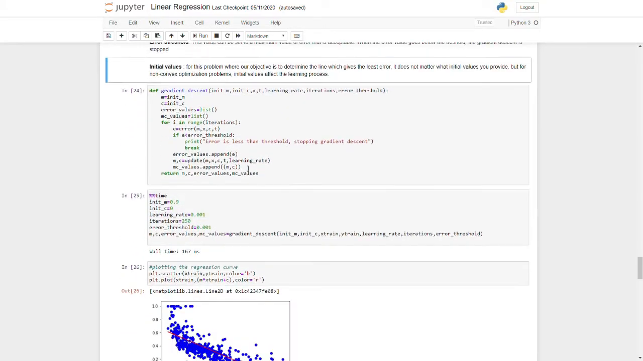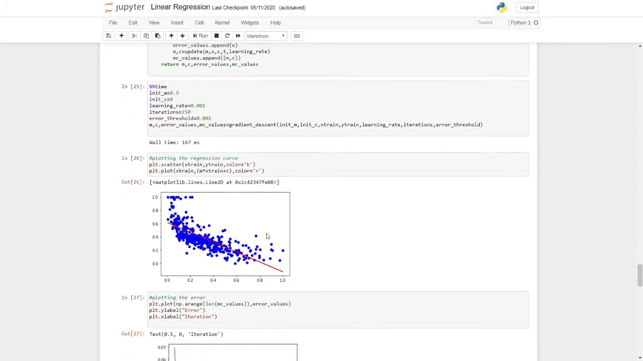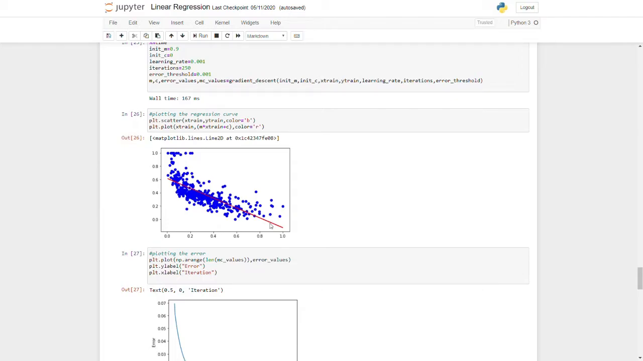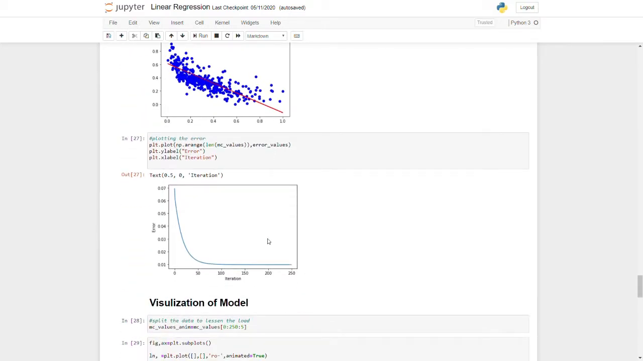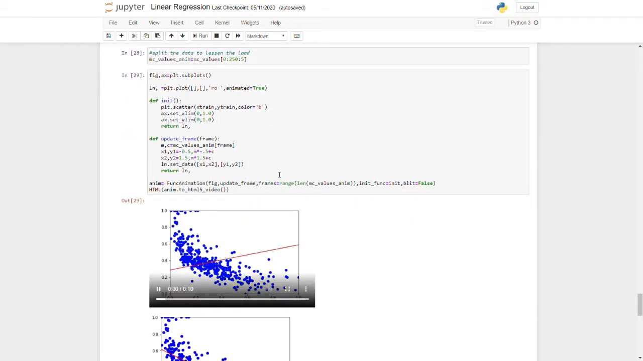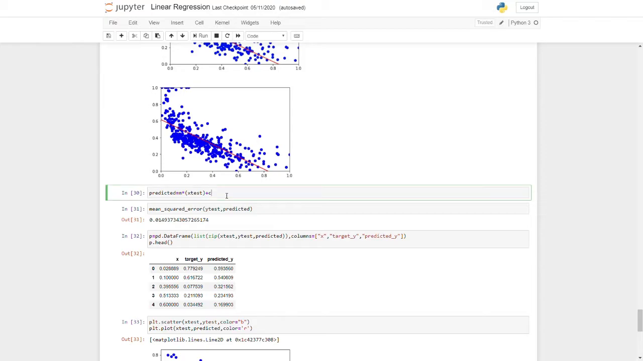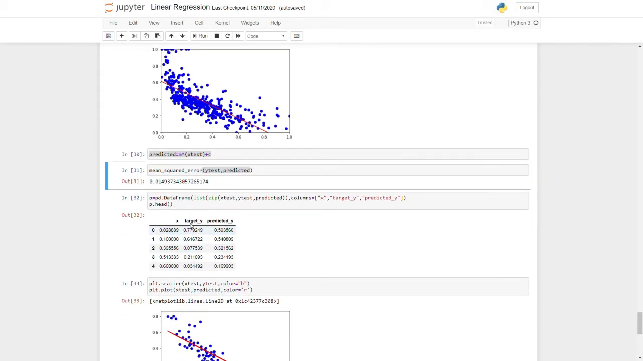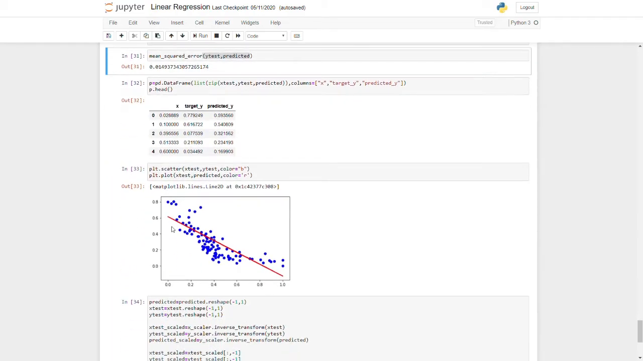And after finding the gradient descent, we have plotted the regression curve using Matplotlib. And now we have also plotted the error versus iteration curve. After that, we visualize the model by using the Matplotlib library, and we have visualized the complete data. And then we find the predicted data by this function, and then we found the mean squared error of the predicted data. And then we made a data frame of target and predicted data, and then we plot the graph between them,